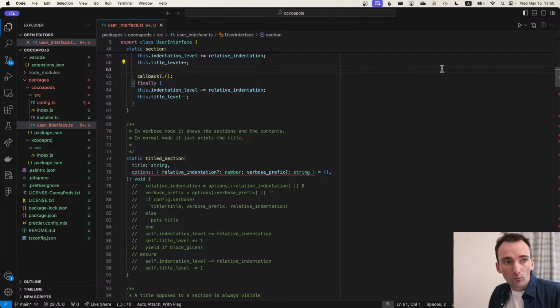So, what are we going to be doing today? We are going to be rewriting CocoaPods, which is originally a Ruby-based project. And we're going to rewrite it in TypeScript so that we can use it on Node.js and potentially